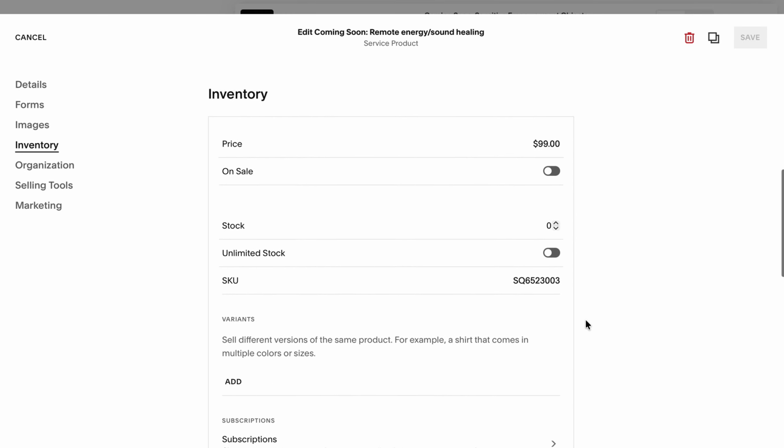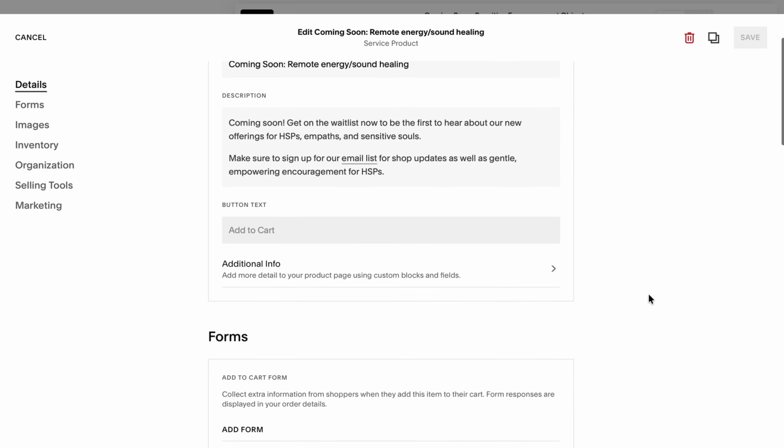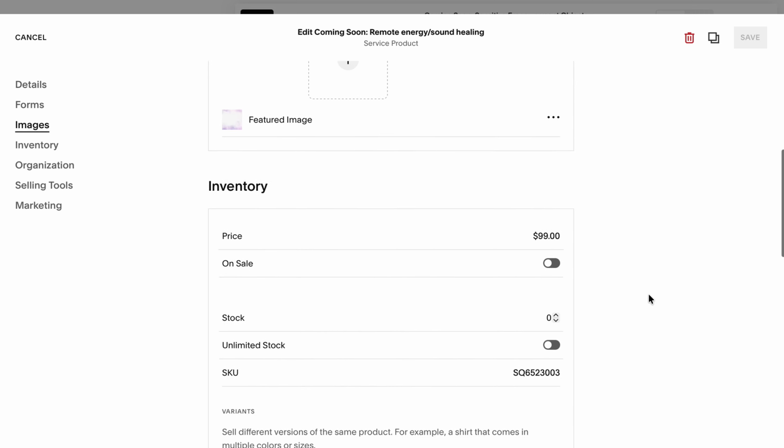Okay, so then whenever you're ready for this service, whatever it is, when you're ready to sell it, just make sure to click the stock button and add at least one to your stock. Okay,